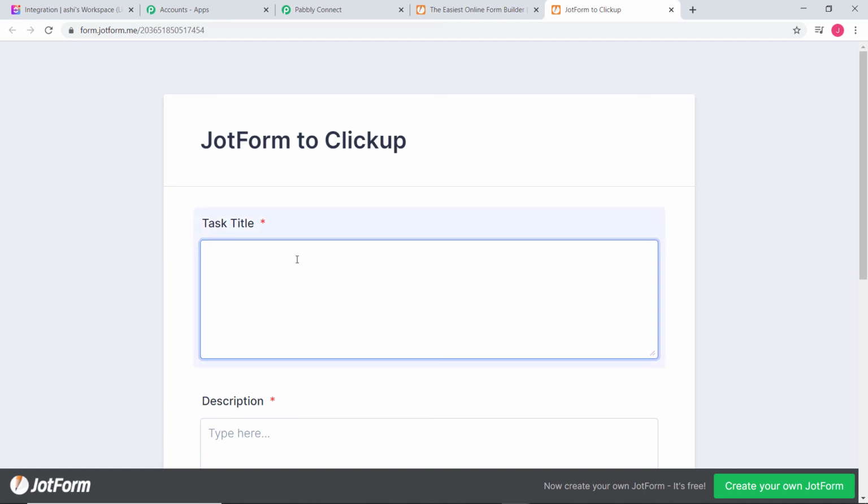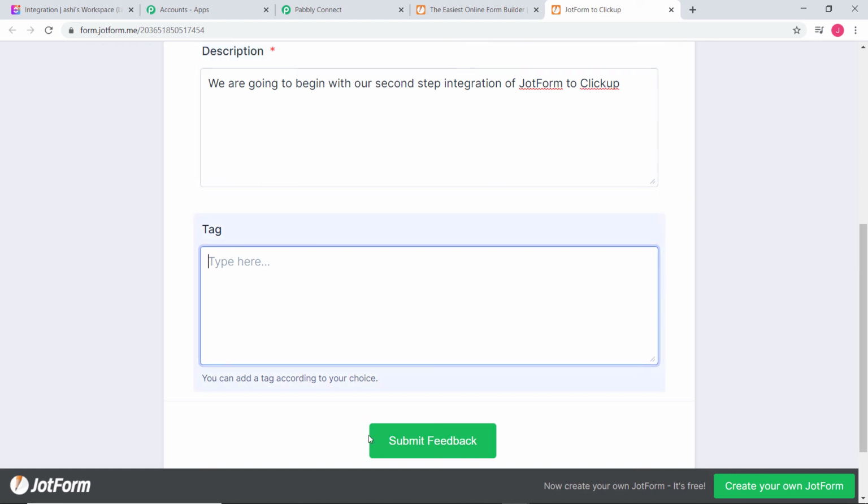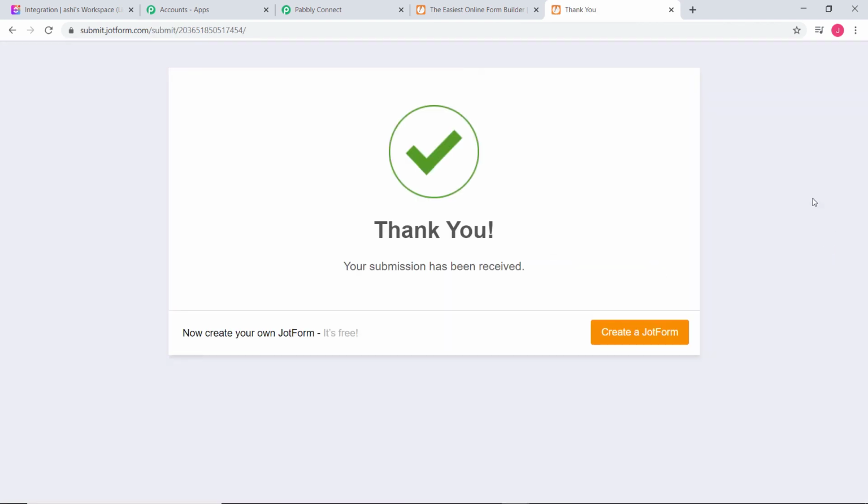So task title is going to be second step integration, we are going to begin with our second step integration of Jotform to ClickUp. Tag, submit feedback. Okay, now we'll again go to our ClickUp and we are going to check if a new task